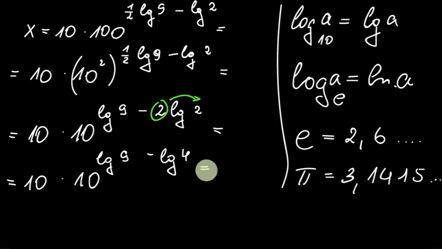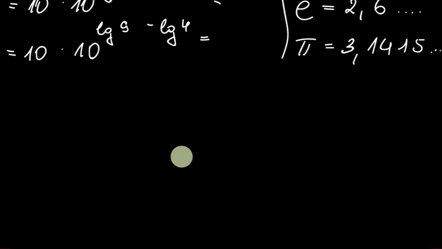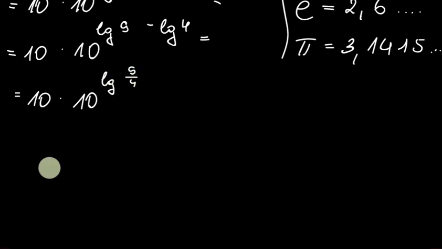Now we can use our properties once again, and we'll get that 10 times 10 log base 10 of 9 over 4. This will give us 10 times 9 over 4, because we're using our properties once again, and this is base 10, and